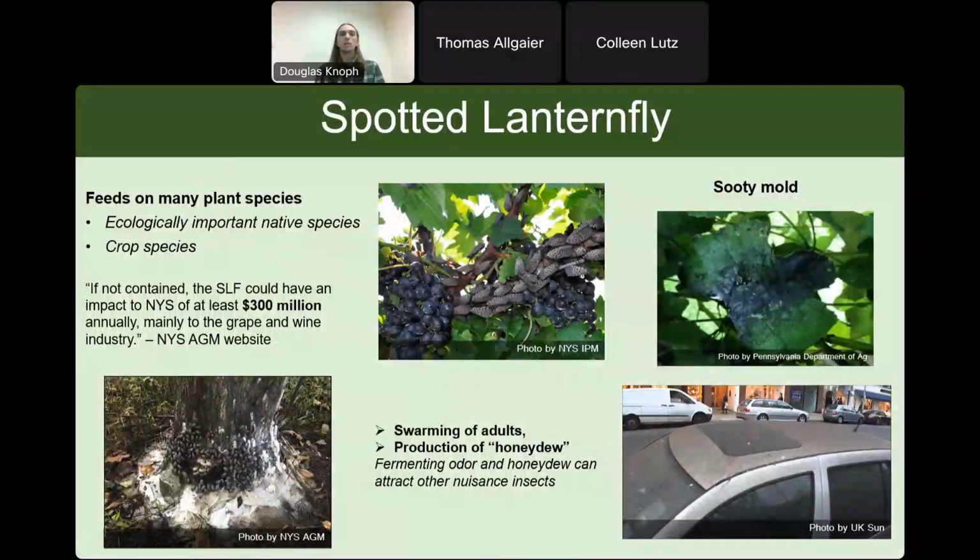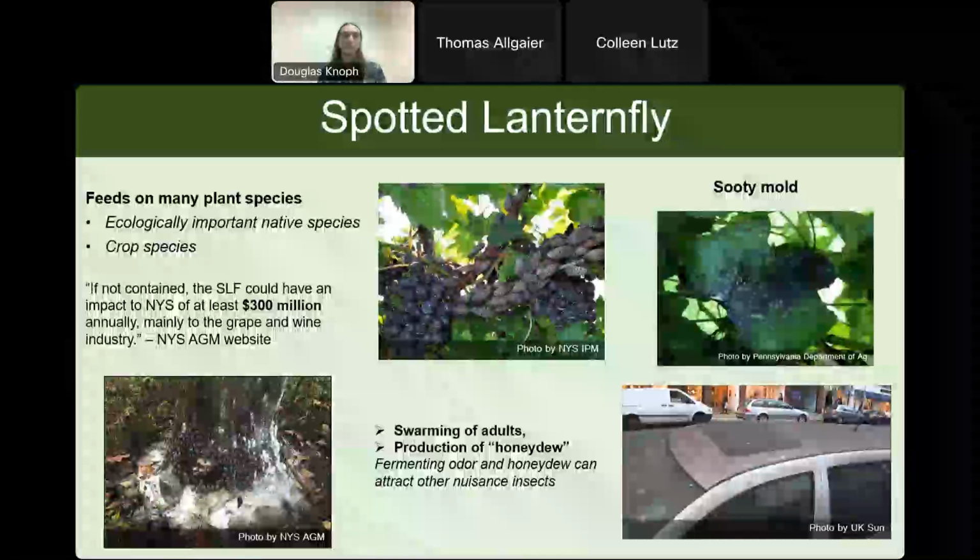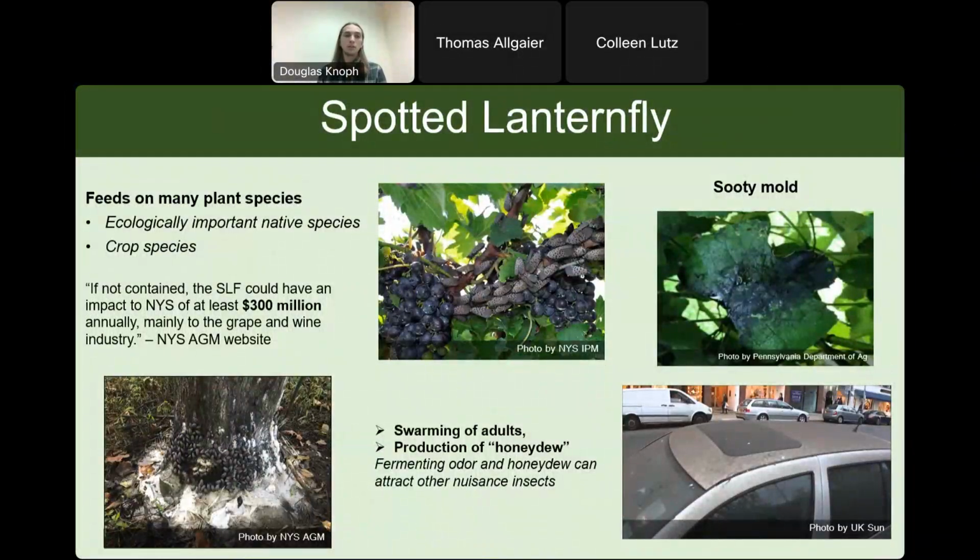So the reason that spotted lanternfly is such an important and focal species for us is because it is such a widespread and generalist invasive. It has a very wide range of native plants that it will feed on, which gives it high possibility for both ecological damage as well as economic damage for many of the agricultural products across New York State, including vineyards and orchards across the state with very high potential for economic damage.